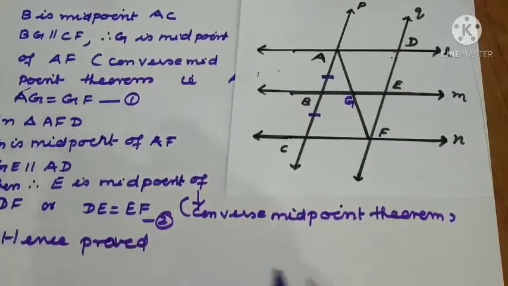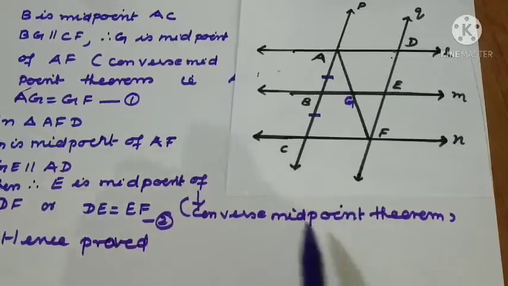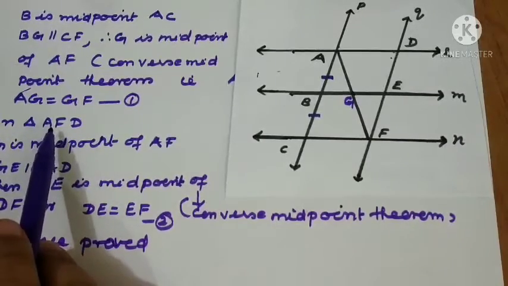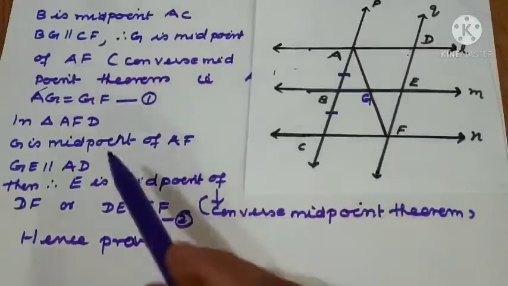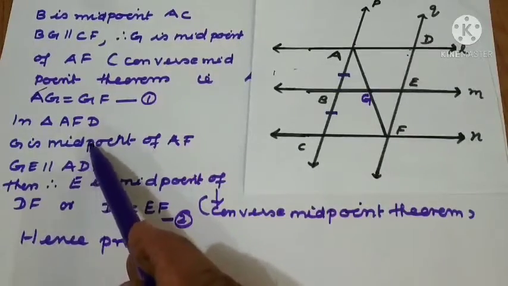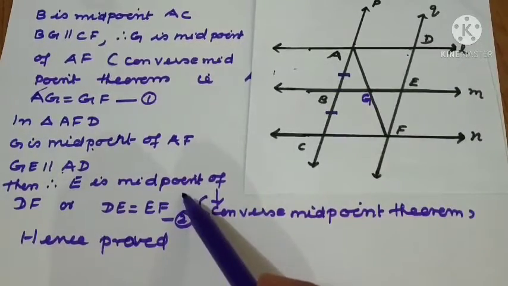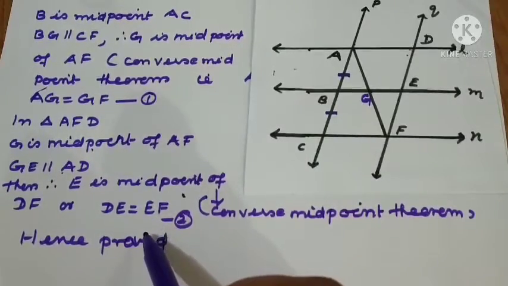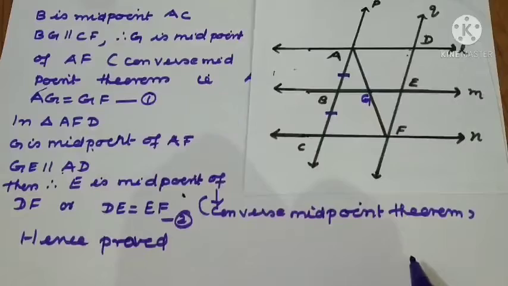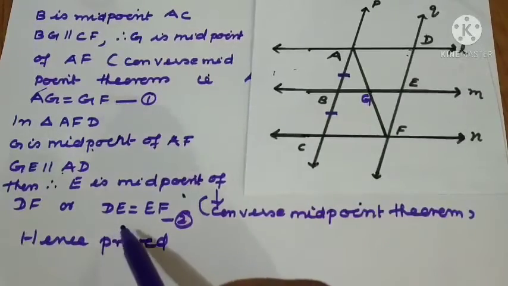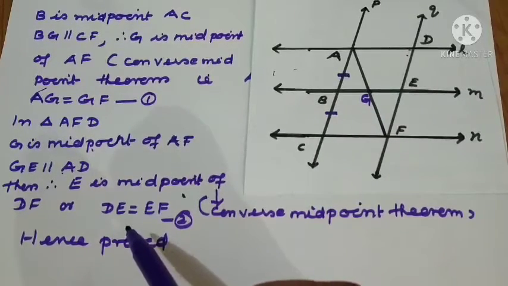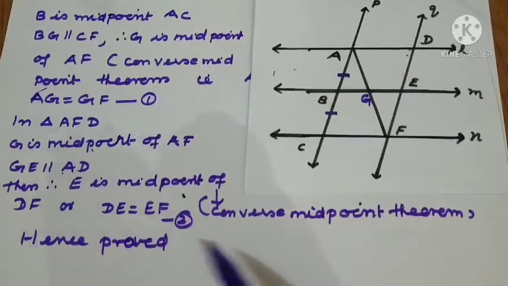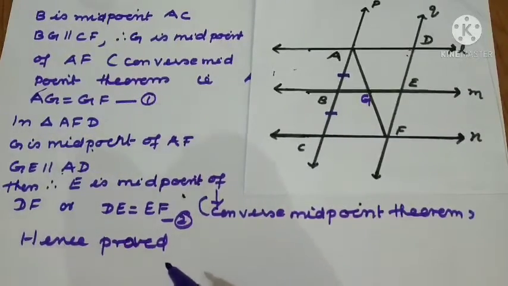So when we are writing the converse midpoint theorem, what are the main points you have to remember? Which triangle you are going to use and what are the criteria? Like this only: which is the midpoint, which is the parallel line, then the third side it bisects, right? So you should write it separately, then you can use the converse midpoint theorem. So we got the answer DE equal to EF. That is the equal intercepts they are making on the other side of the line also. So here we have proved the theorem.